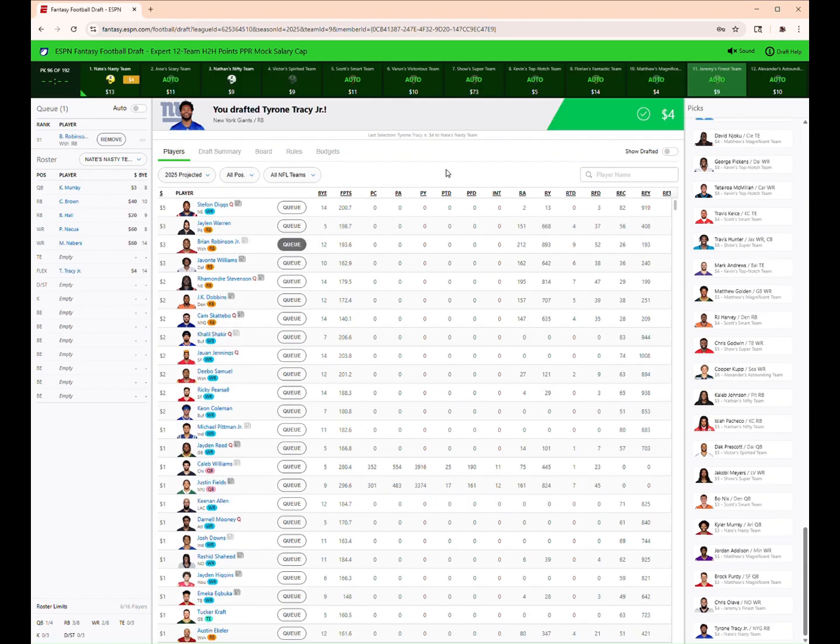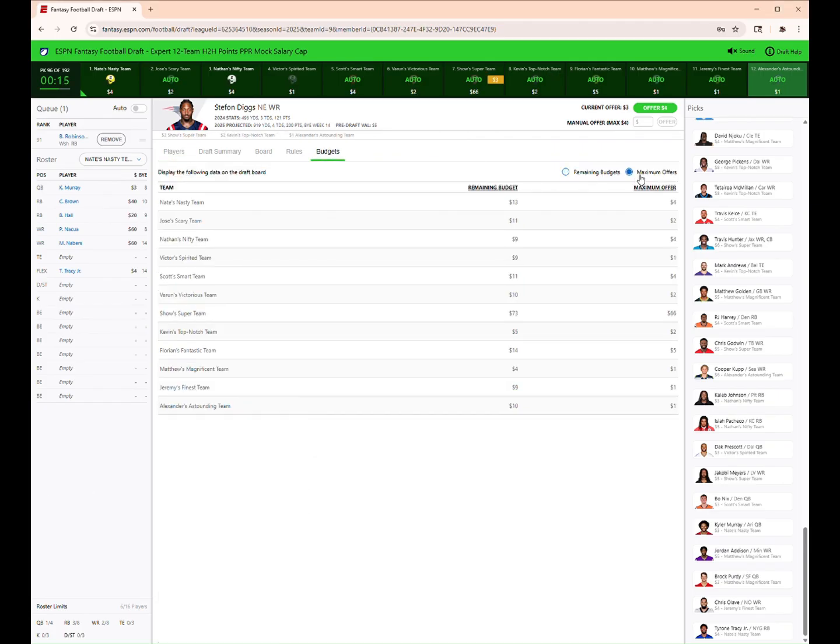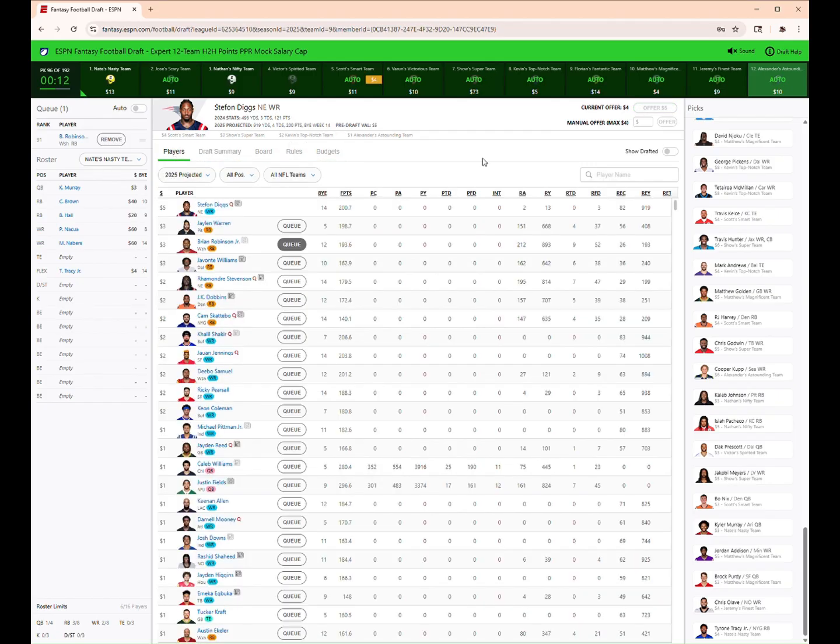So we got Tyrone Tracy here. Good value. I have him at roughly $6. I don't have it at $6, so we're cool here. Right now I don't want to spend any more than $2 on any player, just based on our budget. So I'll queue him. Some players that I'm eyeing up now are Shakir,